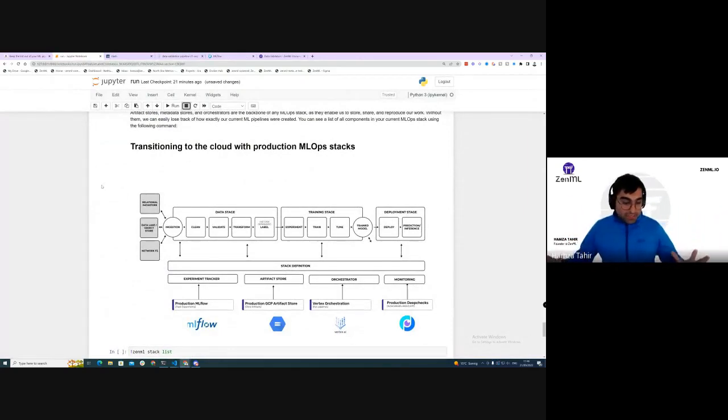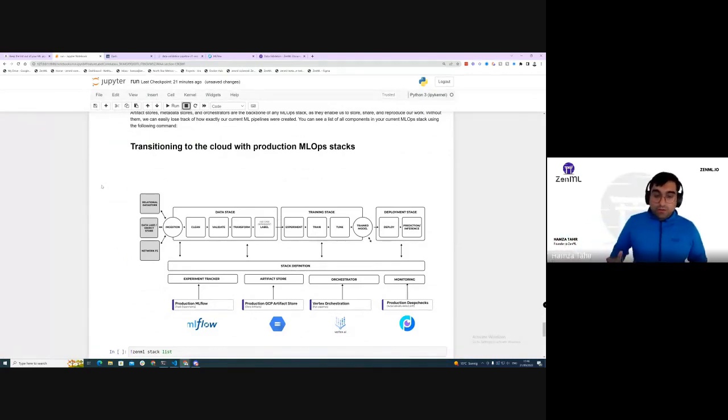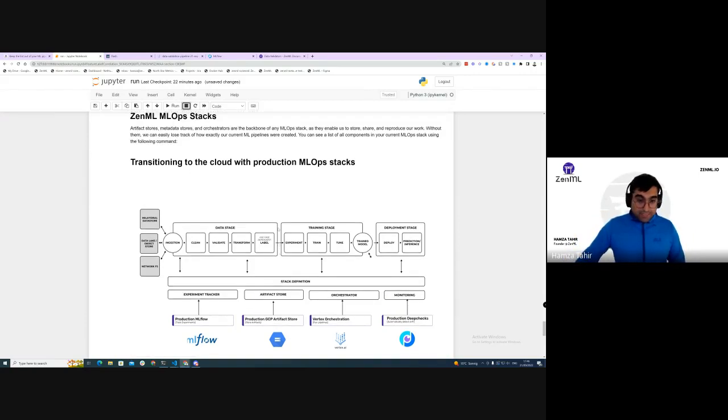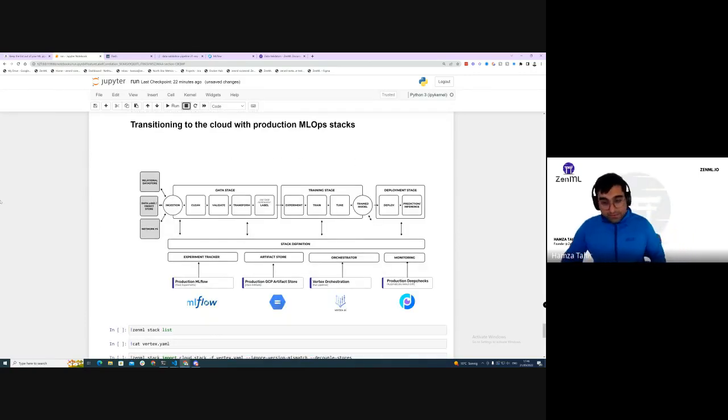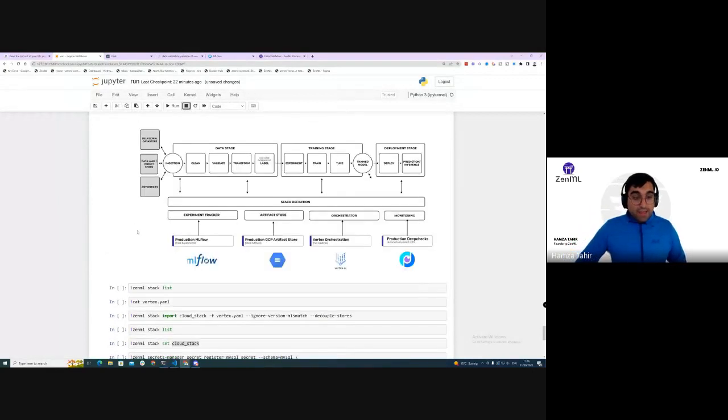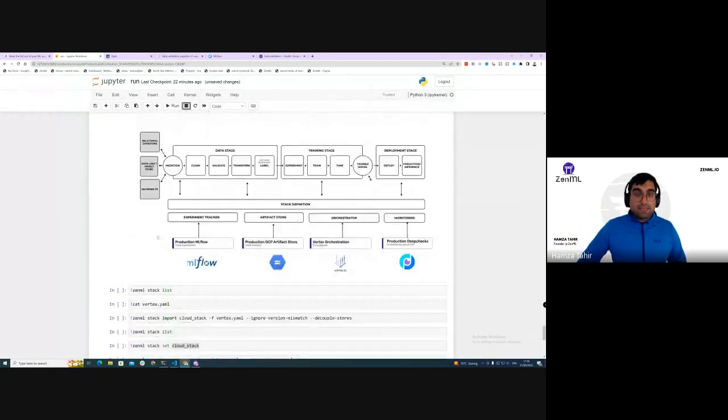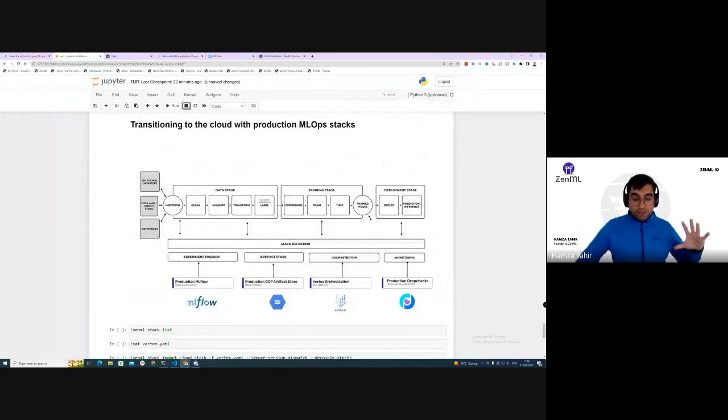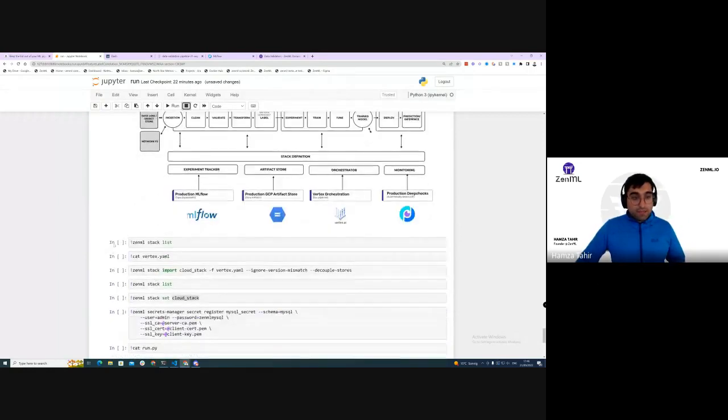So obviously, if you have something like Deepchecks, you're going to want to run this in training, in experimentation, but also in production, right? So you might want to take some actions on a Deepchecks report, like if it passes, then deploy the model. If it doesn't pass, then don't deploy the model, stuff like that. So in order to do that, this is, of course, one of the values of ZenML, is you can just